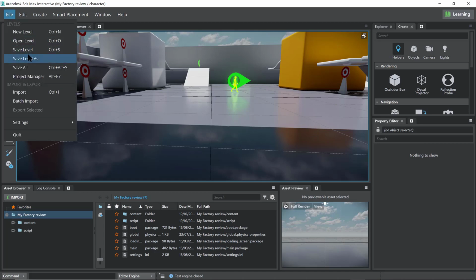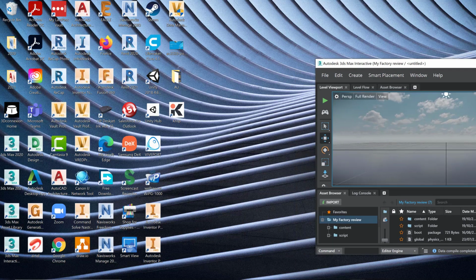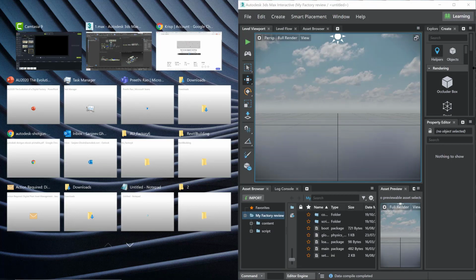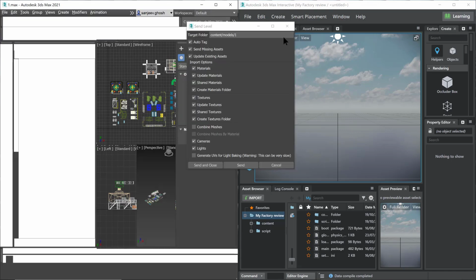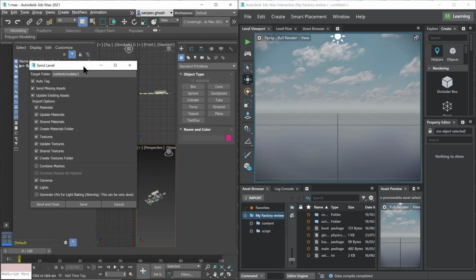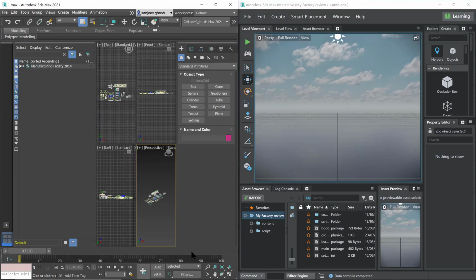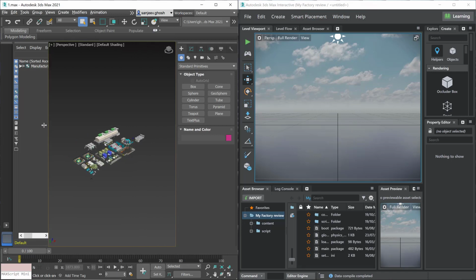Now I intend to bring our building design and our factory layout in this environment and interact with these exactly in the same way I would interact with the game. Now here I have 3ds Max Interactive on the right hand side, which I showed you very quickly by creating a small gaming experience.